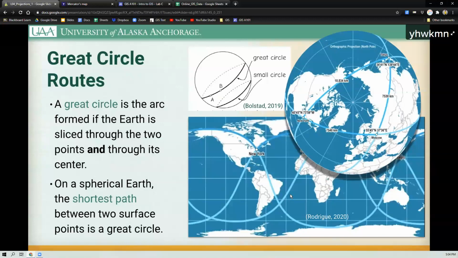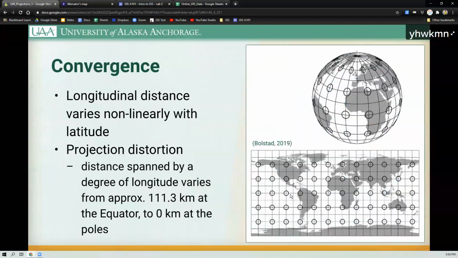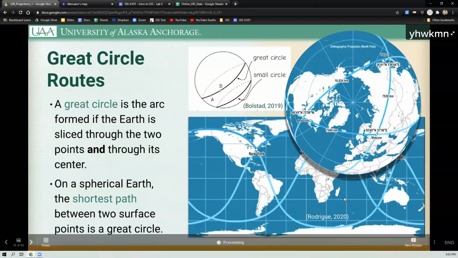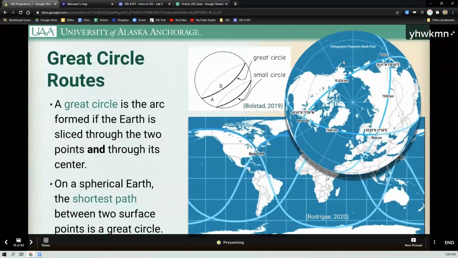So, kind of a little sidestep here, something really interesting to understand about navigation and the effects of figuring out navigation in our world. For a long time, we used these planar maps, a lot of them based around the Mercator system, which, as you remember, distorts the physical geometry of the world that it's representing in order to put it on a piece of paper. So when you put it on that piece of paper, you've now misrepresented the distance between any two points. So what we actually use now for navigation are great circle routes, which are calculated to fit around the Earth's ellipsoid. So I wish that we had one that represented the path through Unimak Pass, but if you'll notice,